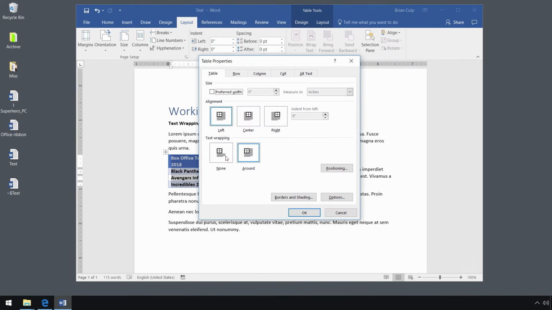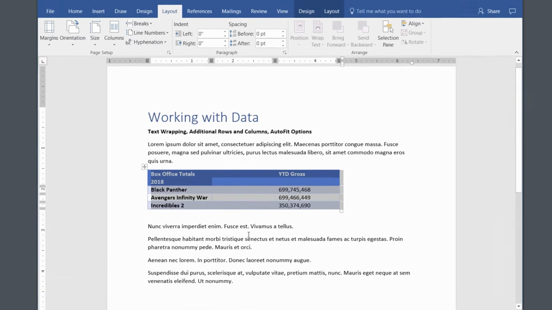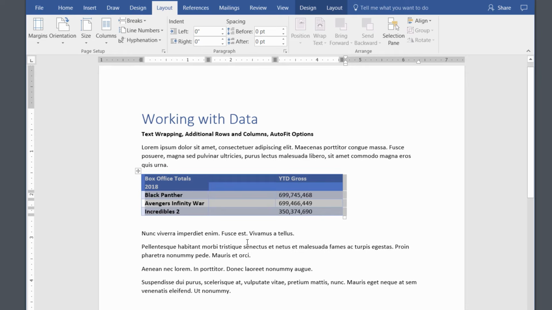It changes from none to around. So it's one thing to keep in mind, and that's why I almost always start with a hard paragraph break and then start to build my table with kind of a clean space in the document. Now that we have an idea of what the implications are when you move the table within your document, let's